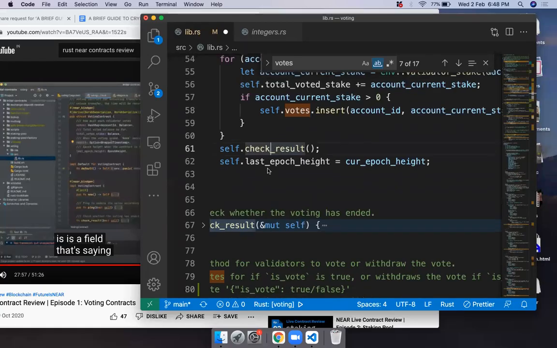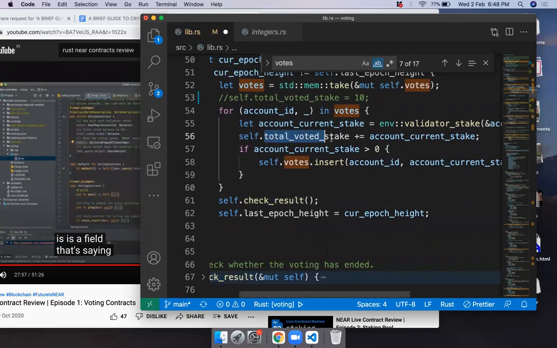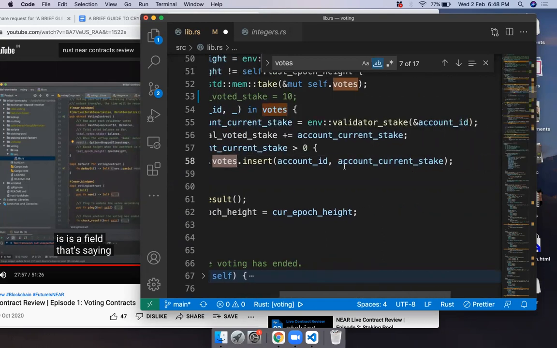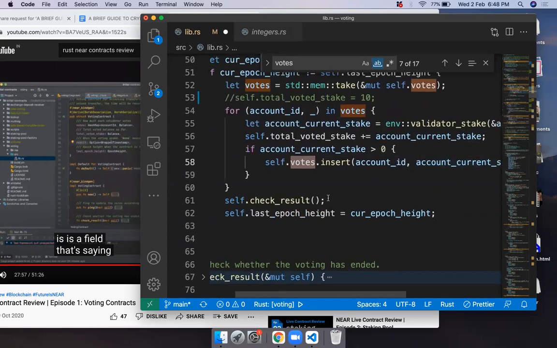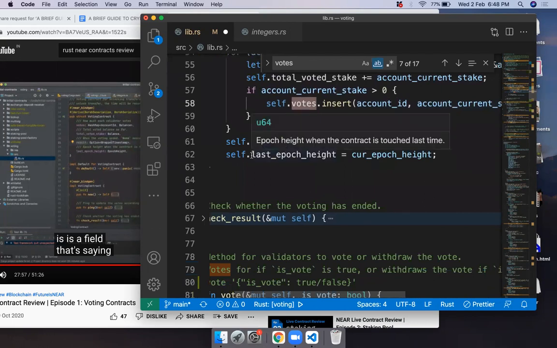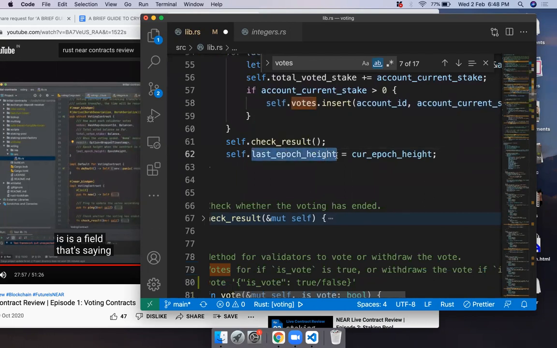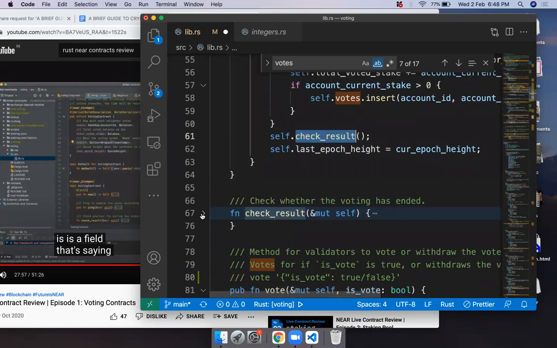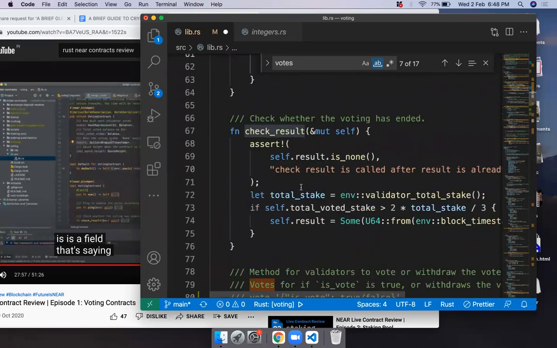So total voted stake is calculating the total stake until now that has been voted for this particular decision. It is adding into this hash map the account ID and the amount that was voted by every person. I think we still need to check this epoch height, and they are calling this check result function, which is